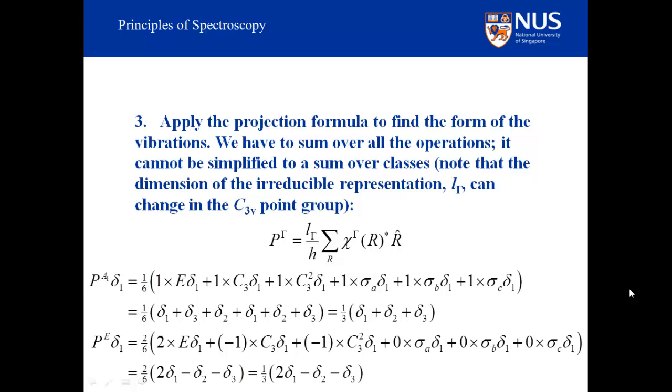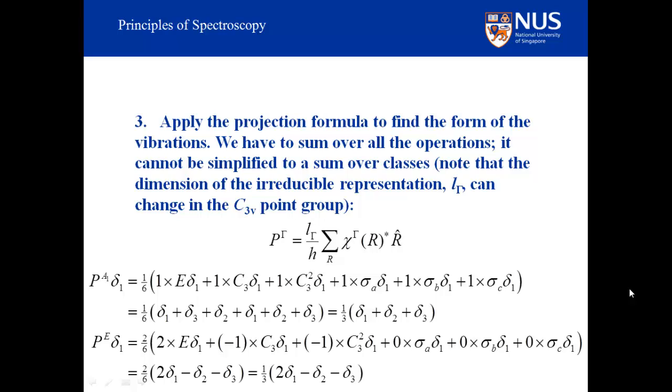The result is 1/6 times the sum of 1, which is the character of A1 for the identity, times the identity operator on delta 1, plus 1, which is the character of A1 under the C3 rotational operator, times the C3 rotational axis operator on delta 1, plus 1, which is the character of A1 under the C3 squared rotational operator, times the C3 squared rotational operator on delta 1,